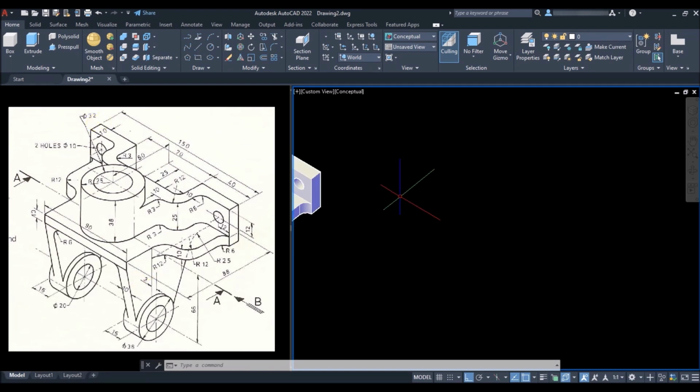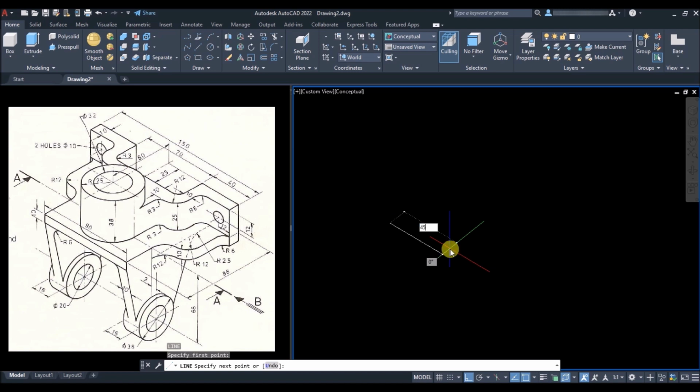To start, type L and press enter. I'll proceed this way. Click anywhere in the drawing area, type 45 towards the x-axis, 38 towards y, take the cursor towards right. This is 150 less 90, that is 60 divided by 2, so 30 less 6 as the radius is 6 at the corner.